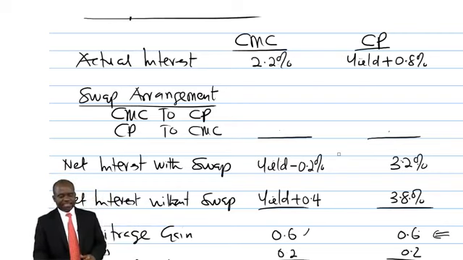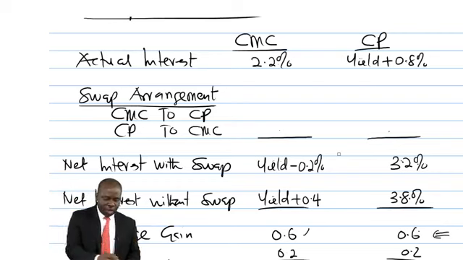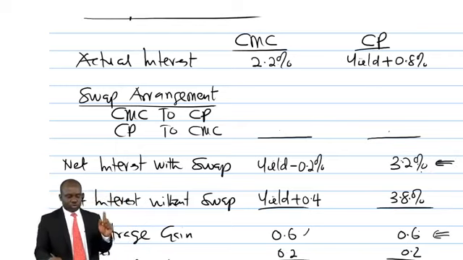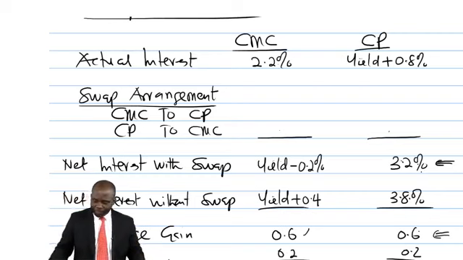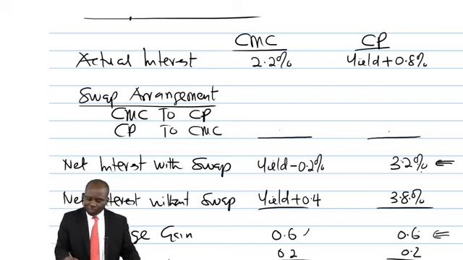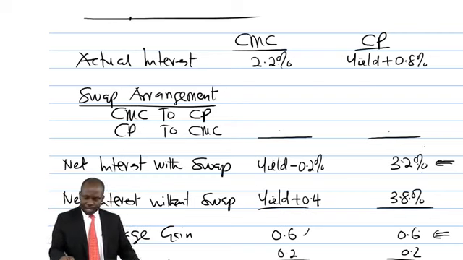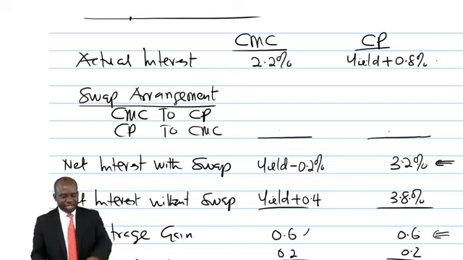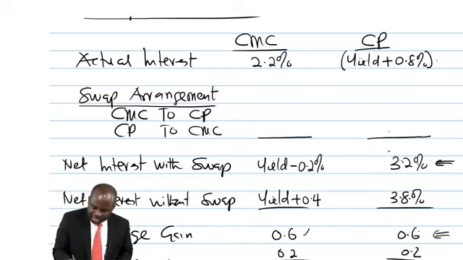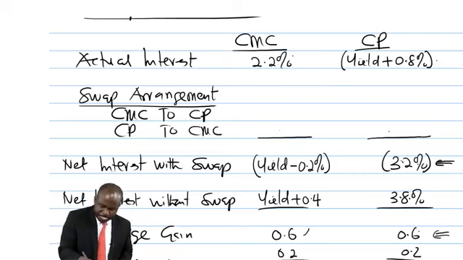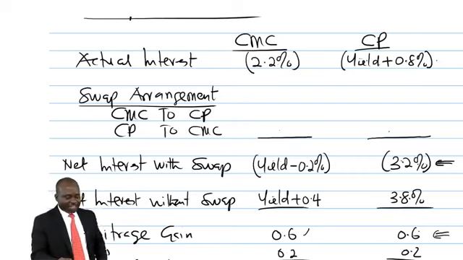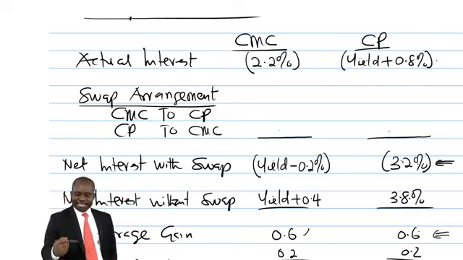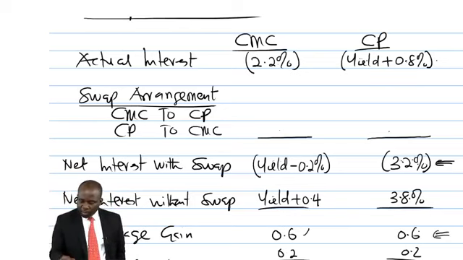So the common sense is I normally ask students to start with the person which is having no yield with respect to the net interest with swap. Okay, so I have got 3.2%. This is the amount I will pay under the swap, but here I see yield. So if I see yield, this is payment, isn't it? These are payments, remember? Okay, so if I see yield to be paid,